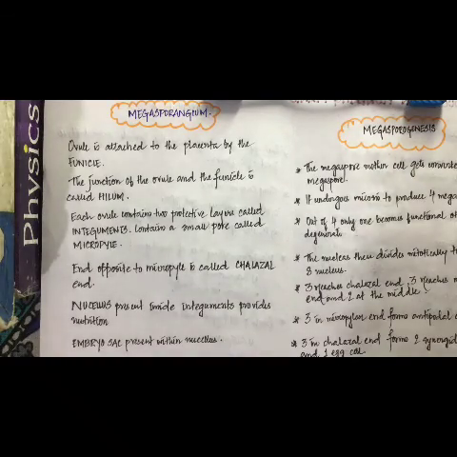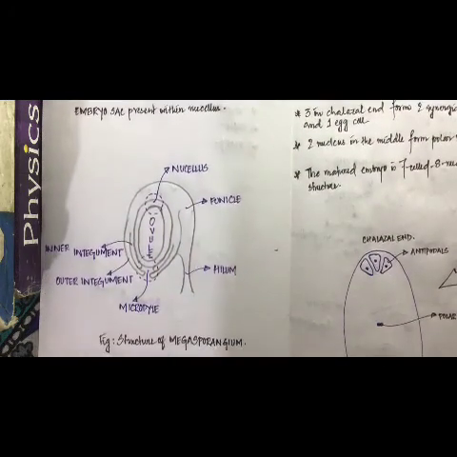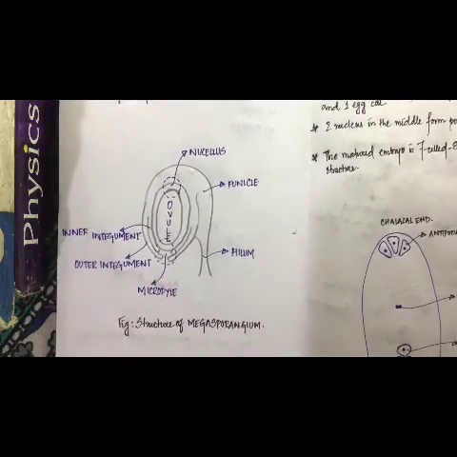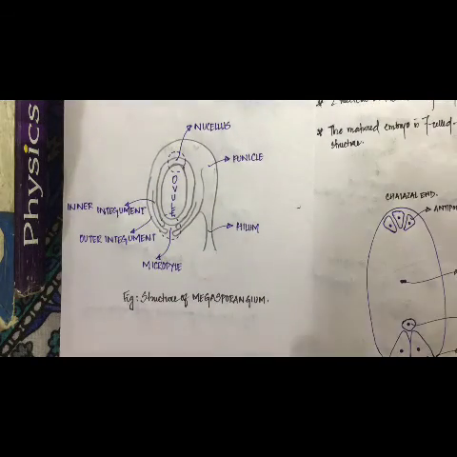Now, the ovule is attached to the placenta by the funicle. Many things are written out here. I'm going to read it once and then show you the picture, and then explain each and everything. So it is better to show you the picture and let me explain what we have here. I guess you can see this picture very clearly. So this is the structure of a megasporangium. Now listen to it very carefully.